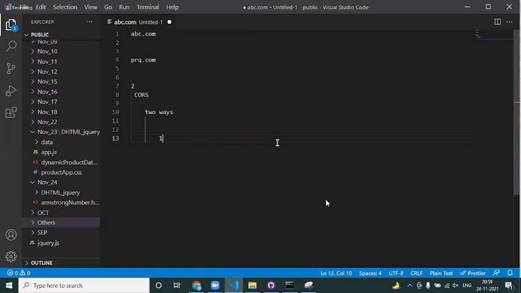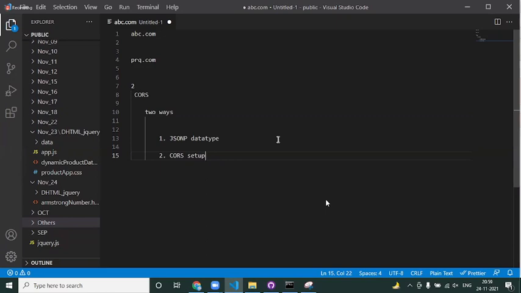The very first one is the JSON-P data type, and the second thing is something called the CORS setup. One is the JSON-P data type, and the second is the CORS setup.